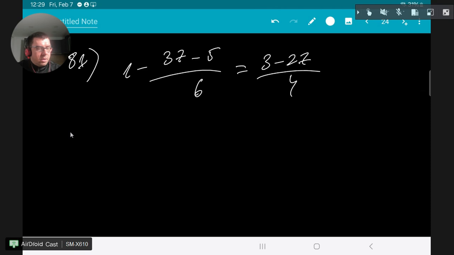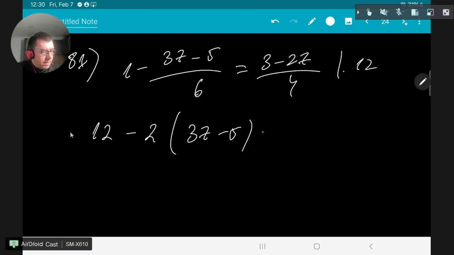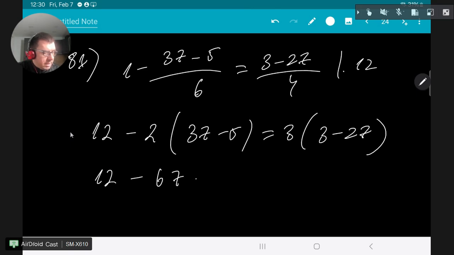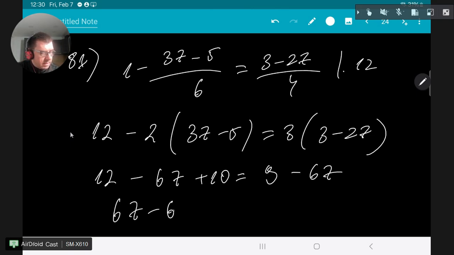Common denominator is 12, multiplied by 12. 12 minus 2 times (3z minus 5) equals 3 minus 2z, 12 minus 6z plus 10 equals 9 minus 6z. This goes with plus 6z minus 6z equals